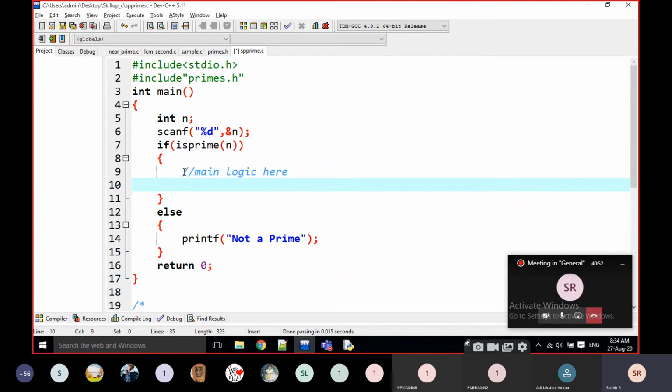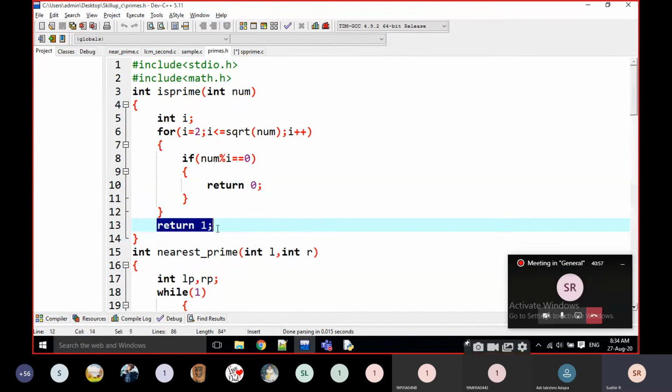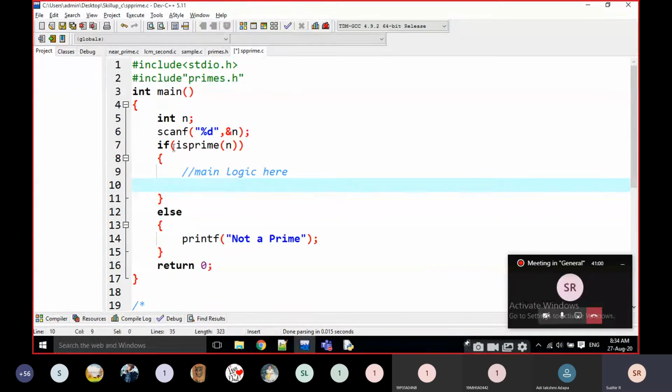Why am I writing is prime of n? If it is a prime, it is going to return 1 here. If of 1, that means this is the main logic. That means it is a prime number. The number is prime. What I have to do is something else. I am going to write the logic is SP prime of n. Here also I am going to write if of is SP prime of